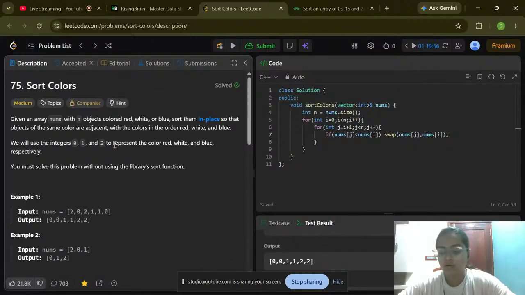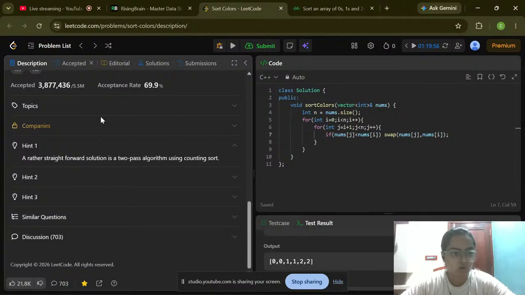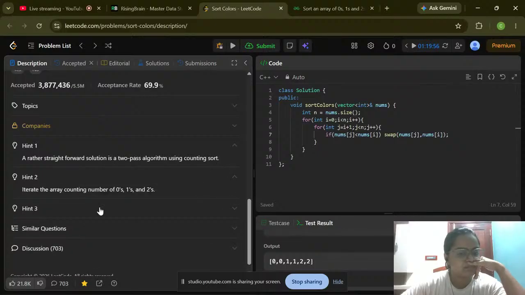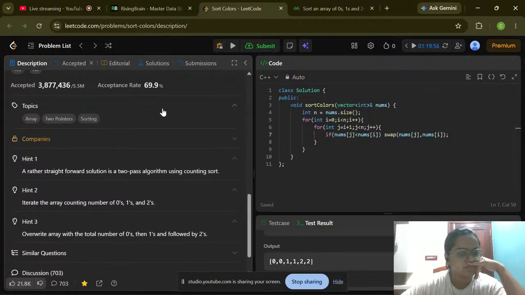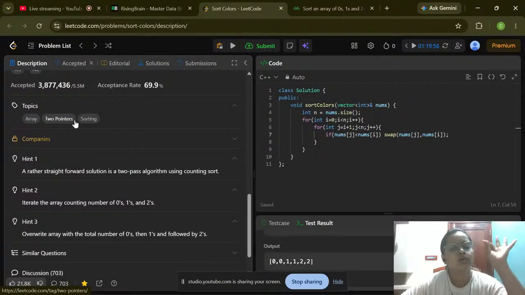See, before writing up the code, try writing it on paper. Analyze what's going on. In order to optimize this, let's see the hint. Okay, we'll be using the two pointer technique. That's one hint that we have got. The other one is